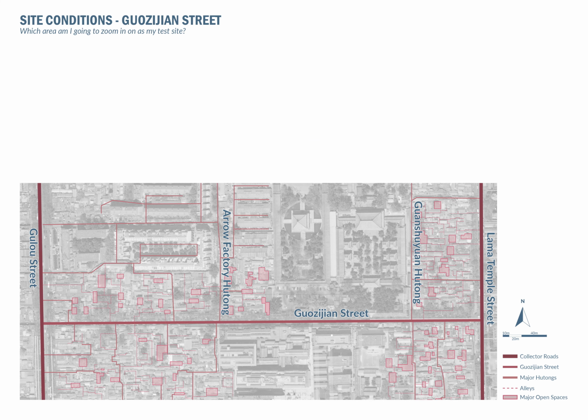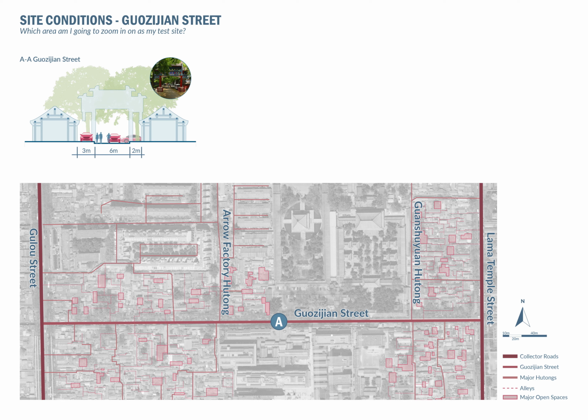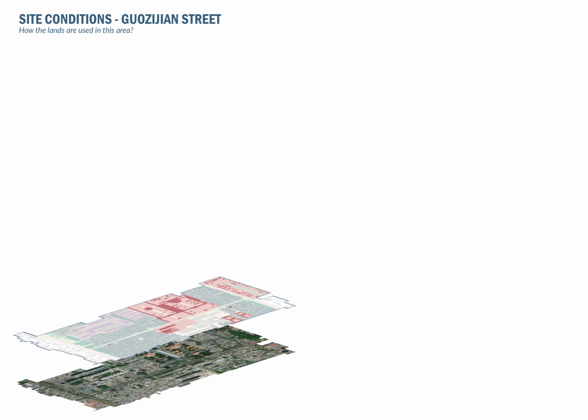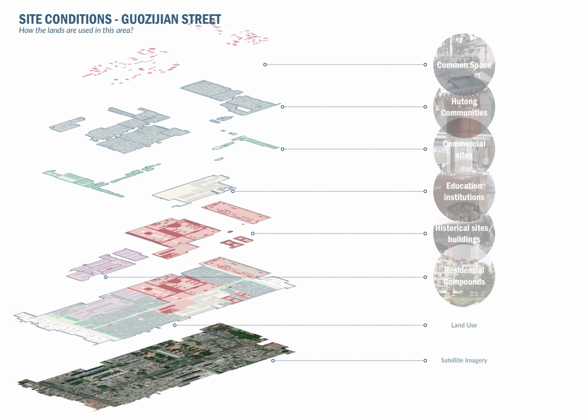Guozijian Street has three types of hutongs. Apart from Guozijian Street, most hutongs are narrower than 5 meters. In addition, Guozijian Street is a part of an officially recommended cultural tour route, which leads to the common space invasion in this area. A further analysis outcome is animated. The pink and scattered ones are the remaining public or common space available after filtering other land use types, and they are insufficient for social well-being.